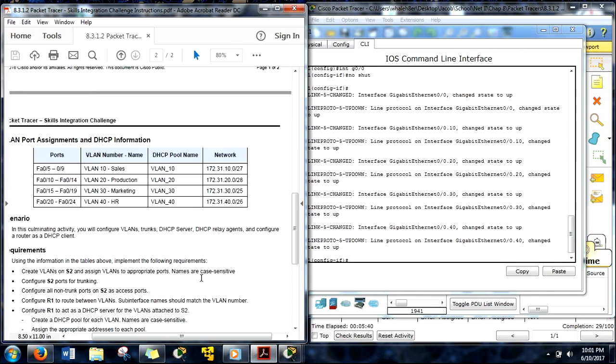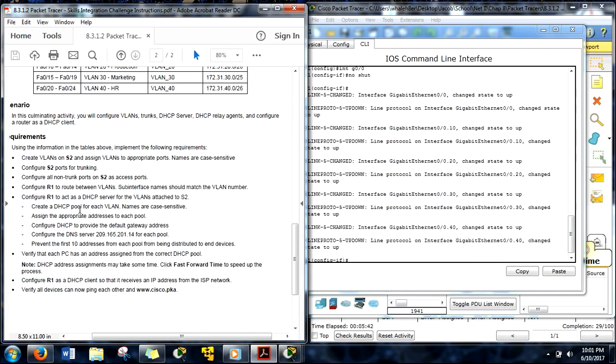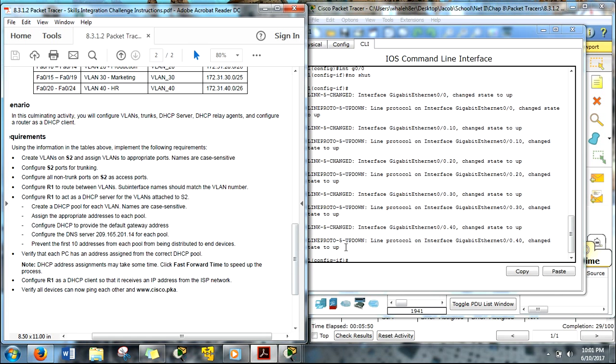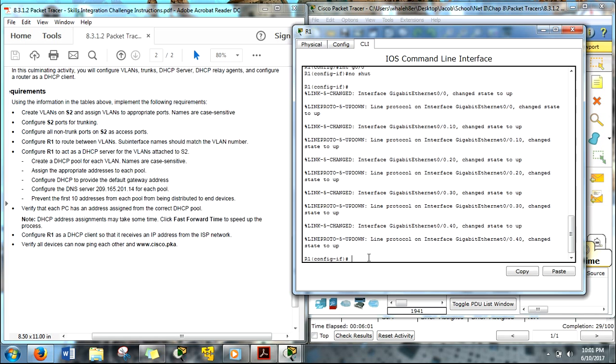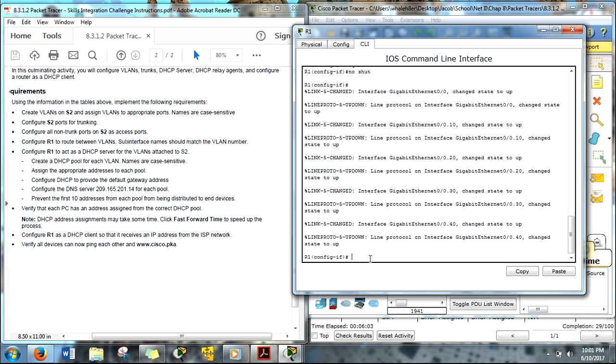All right, what's next? Route between the VLANs, we got the numbers. We could have named them if we wanted to, but we don't have to. Configure R1 to act as a DHCP server for the VLANs attached to it. Okay, so what we do